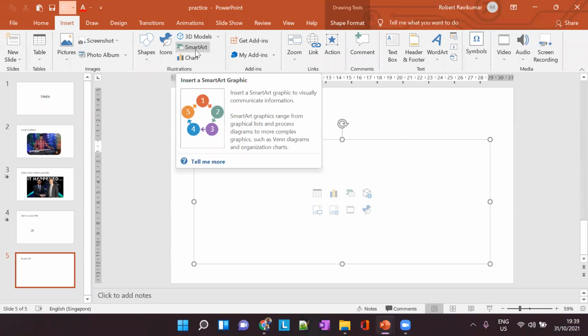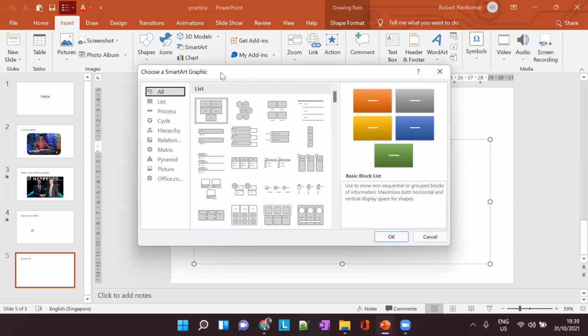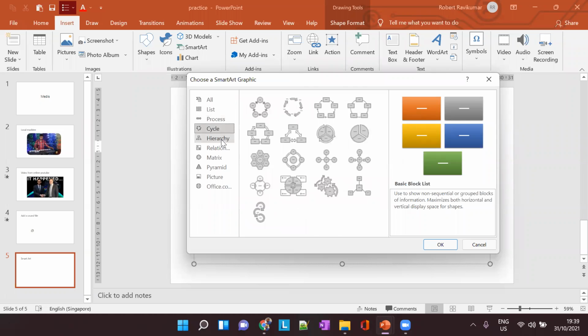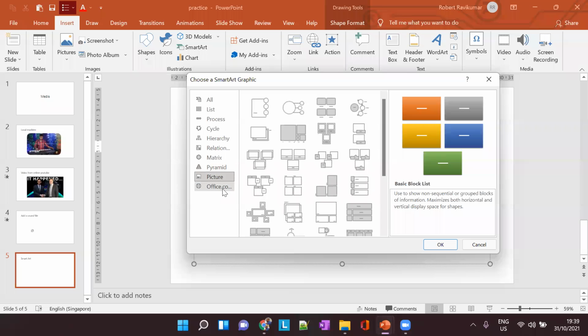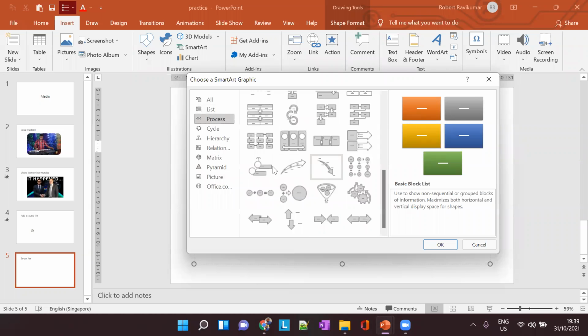Insert SmartArt, click on it, and now you can see different categories of SmartArt here. It shows all categories, like a pyramid, and so on. There are different categories you can choose from.